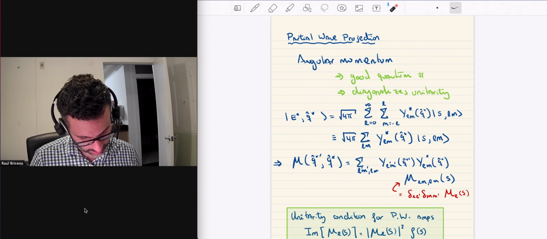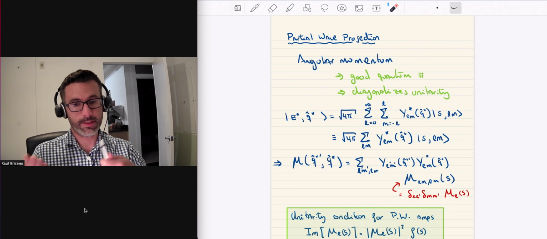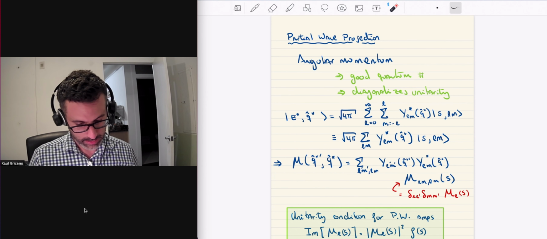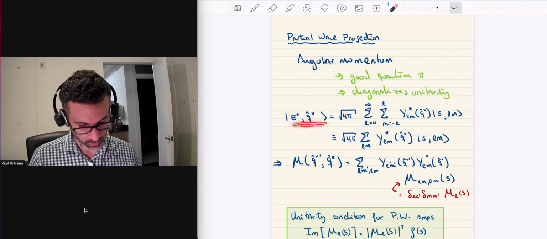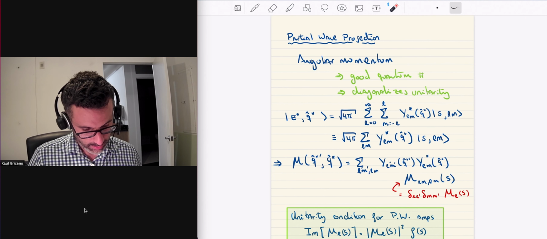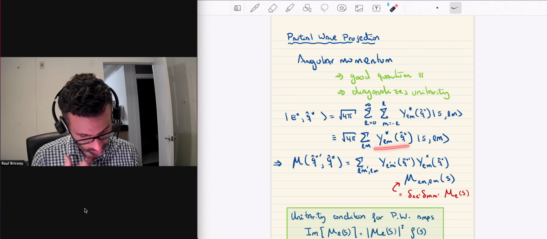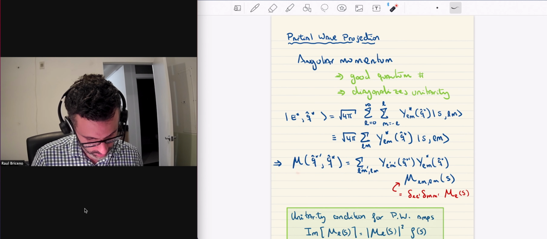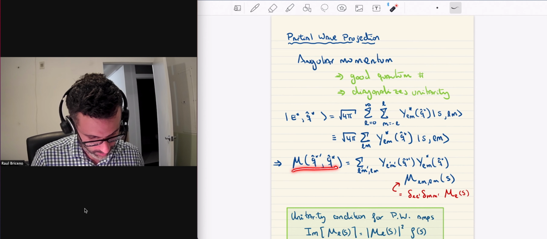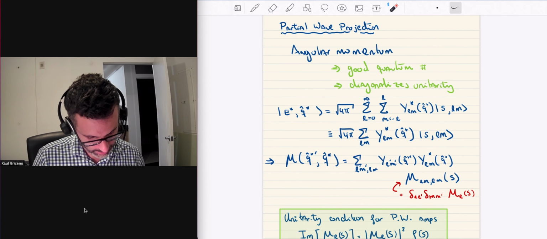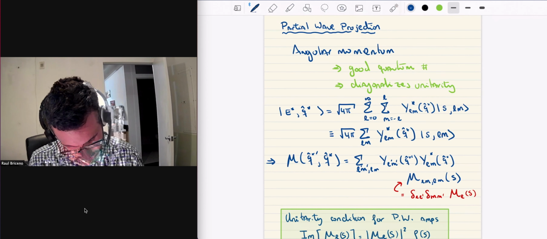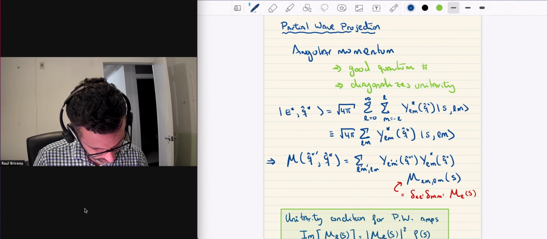And then with this, and remembering that the scattering amplitude is defined in terms of matrix elements of the T matrix using these states, we just pull out the partial wave projected states and the spherical harmonics. What you can show easily, if you don't make typos, is that the scattering amplitude is defined in terms of,